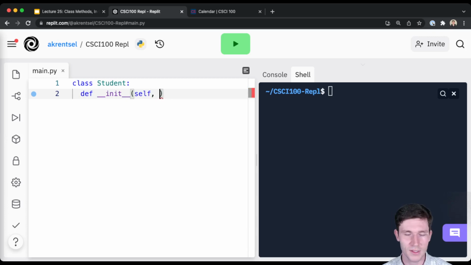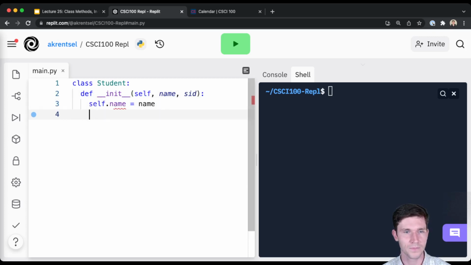A student certainly needs a name. I think an ID would be a good thing to have. Student ID, call it SID. And then we can also have a grade book. So we'll definitely make self.name equal name, self.sid equals SID. And before I go on here, I just want to point out